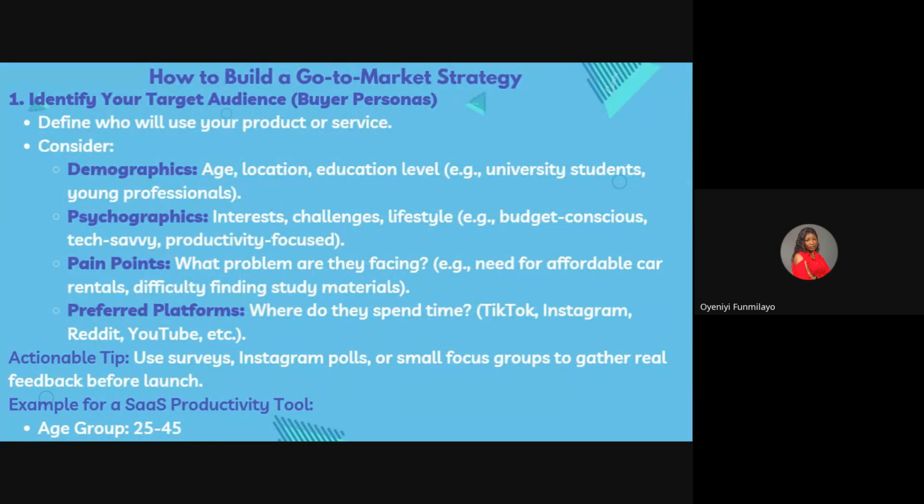Then their psychographics, which is their interests, the challenges that they have, their lifestyle. So their lifestyle could be budget conscious, they could be tech savvy, they could be productivity focused people, because you know that all of us are different, right? In this tech space, there are some people that are productivity focused, working morning, afternoon, and night.